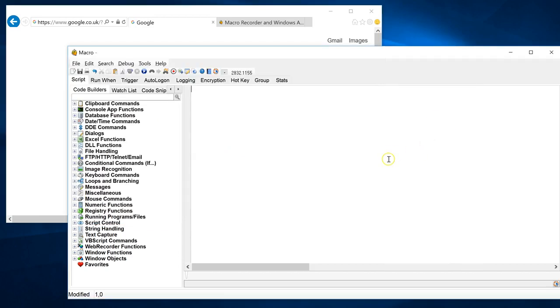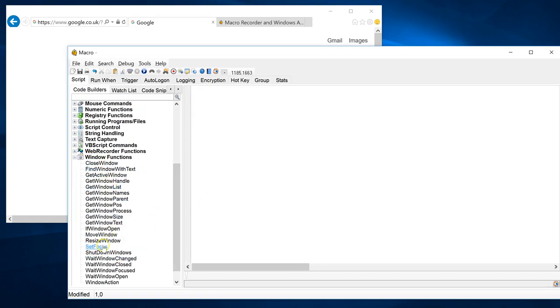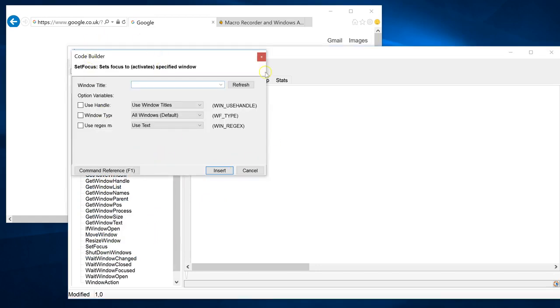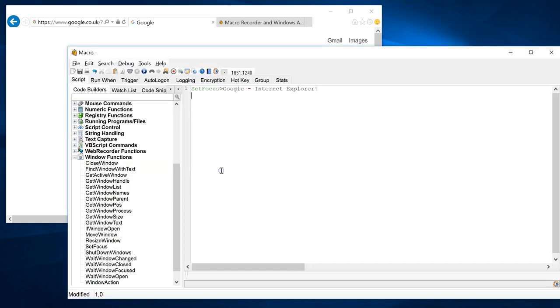Probably the simplest thing before getting into something more technical is just to use the code builders. So over here in the editor, let's say we want to focus the window, we can find window functions, click on set focus, and we get this code builder dialog, and up here is window title, and conveniently it's given a list of all the window titles, and right up there, using a bit of intuition, it's pretty obvious that that's the window title we want to use. And if we insert that,